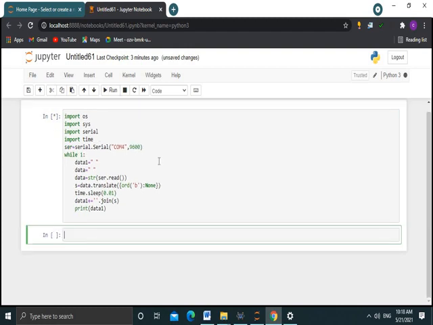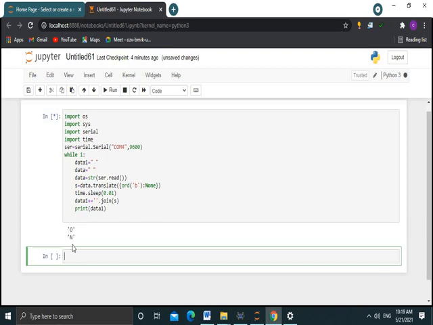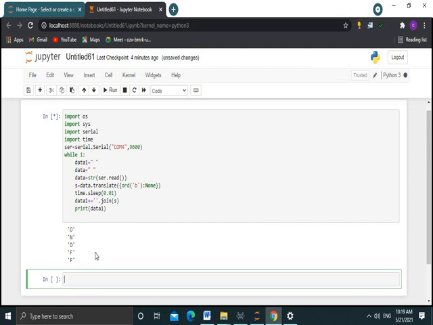Now in my mobile, I am opening one Bluetooth application. You can download another application from Google Store also. Connect the Bluetooth. Then in my application, I have taken on and off buttons. So when I click on the button, see, firstly O is received, then N, and then there is the off button. So off is received. Likewise, you can accept the serial data.